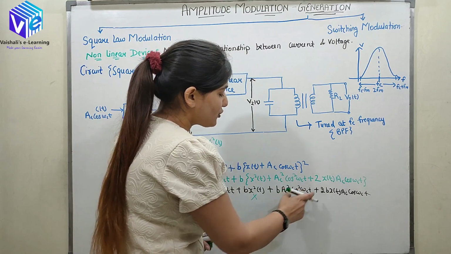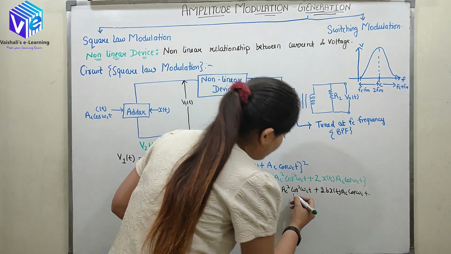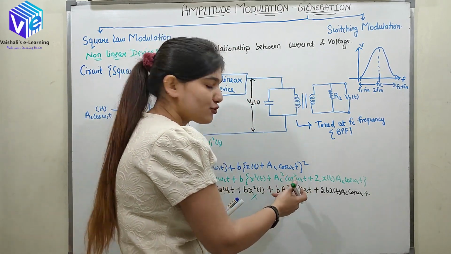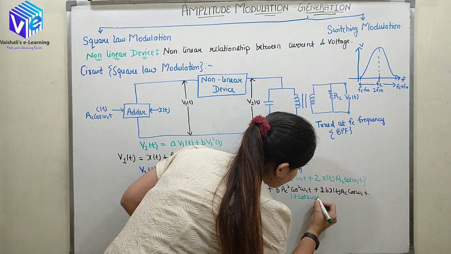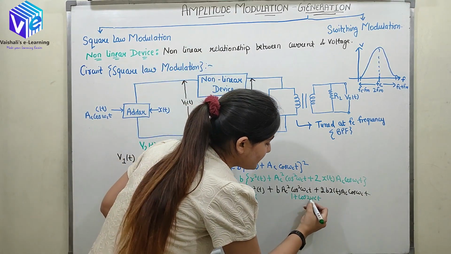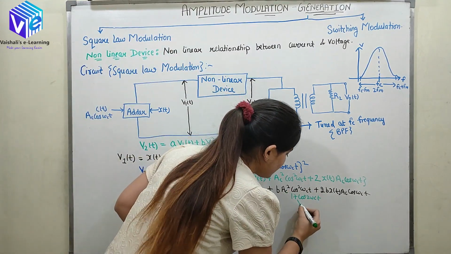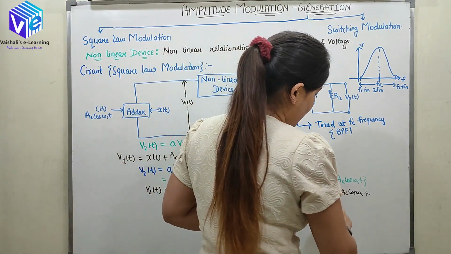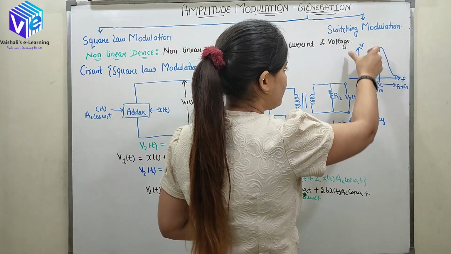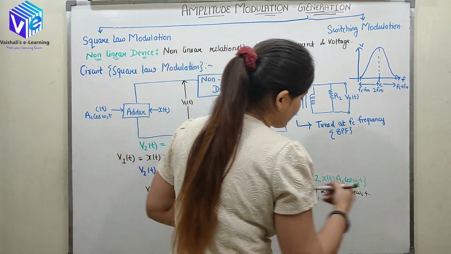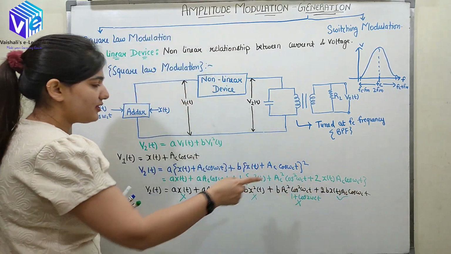After that I have cos square omega CT. Cos square omega CT is a high frequency signal. So I hope you can see I can represent cos square omega CT as 1 plus cos 2 omega CT. So now cos of 2 omega CT would be high frequency and this 1 represents the low frequency. So all over this signal is cancelled out and after that I have 2BXT AC cos omega CT. So it is coming in between this range. So now I can say this signal will also pass. So it has the frequency FC and plus minus FM. So now this signal will pass.